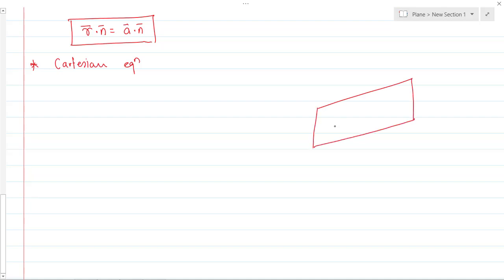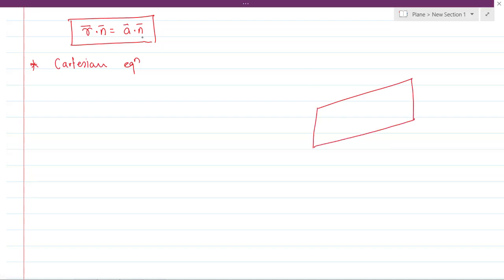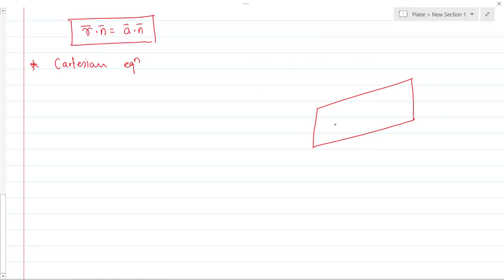Let me draw the same figure. Now this time the coordinate of point A is known. Of course the coordinate of point A is known, which is x comma y comma z. The vector, this is a perpendicular vector. This is nothing but my foot of perpendicular. Foot of perpendicular drawn from some point on this plane, and suppose this is the vector.